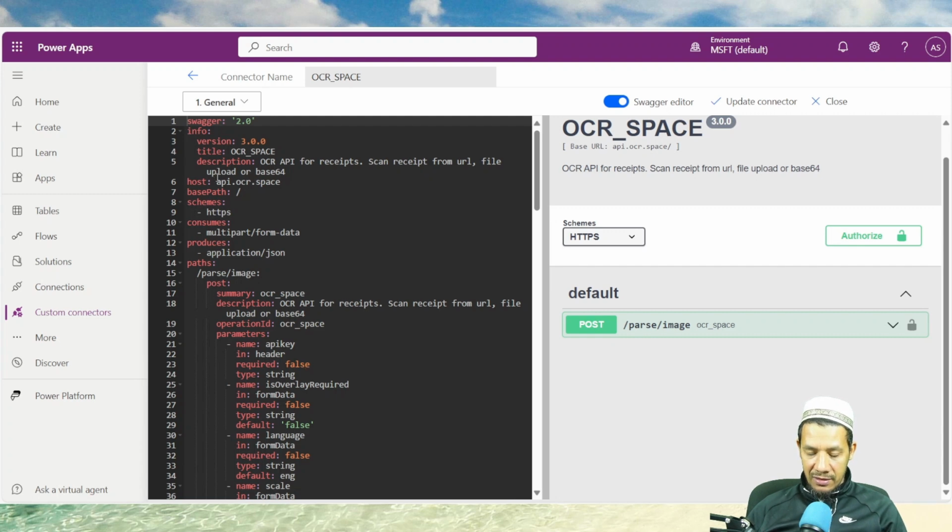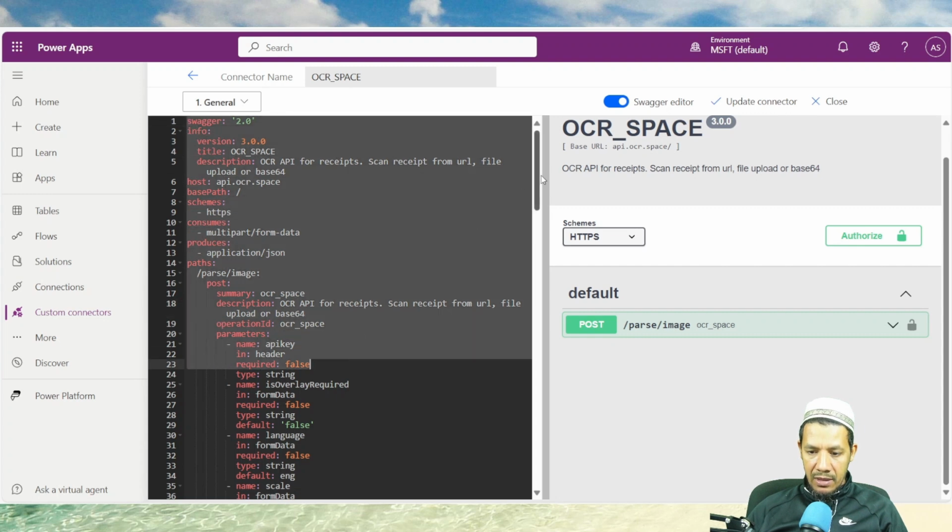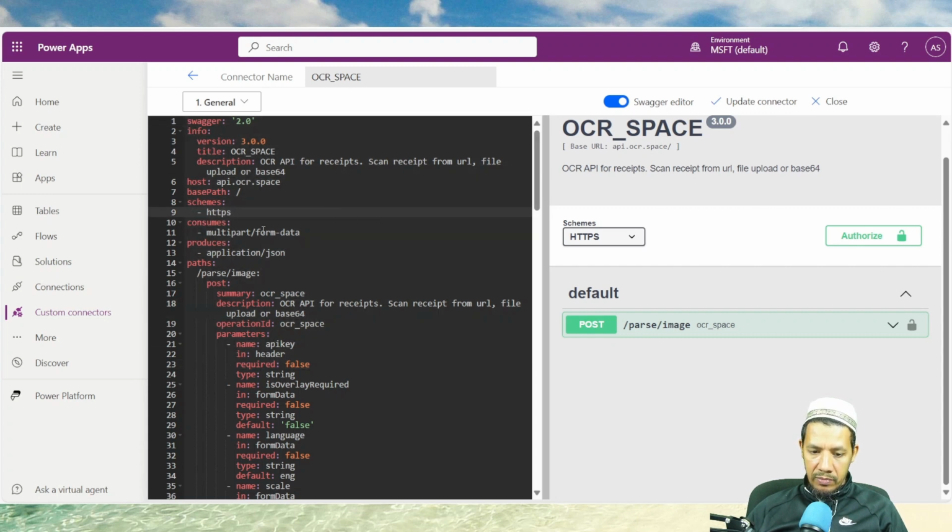This Swagger text is in a format called YAML. We're not going to cover YAML syntax in this tutorial. But if you want, I can drop a sample in the description, and I'll add a link to this file which you can use for your consumption and to play around with. But basically, you prepare this file, you come to your Swagger editor, you paste this in here, and you update connector or create connector. The one thing to remember is that